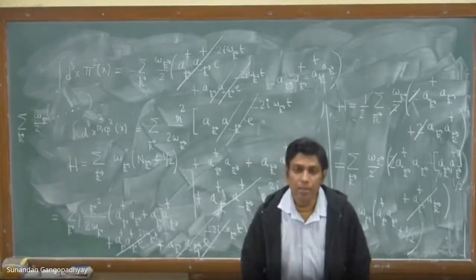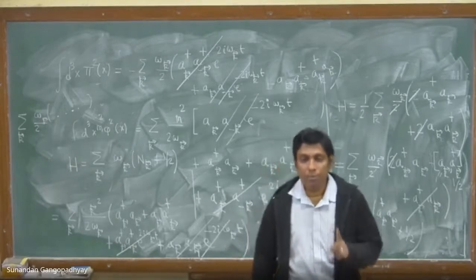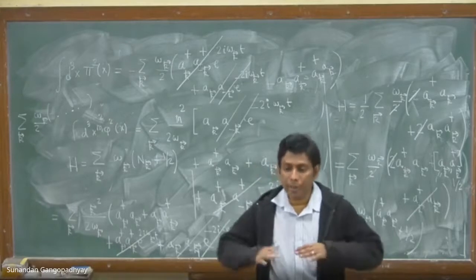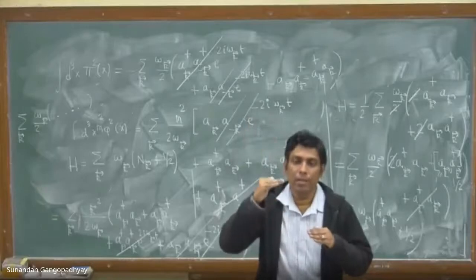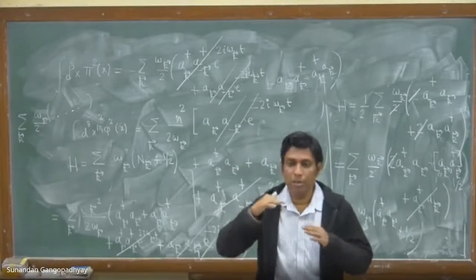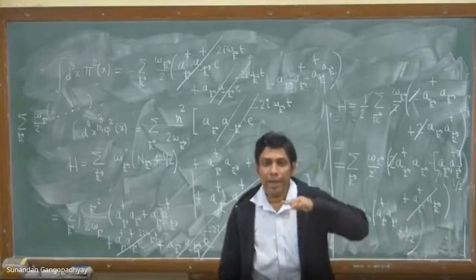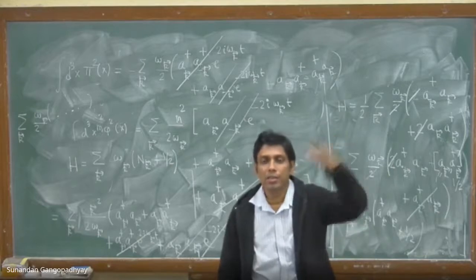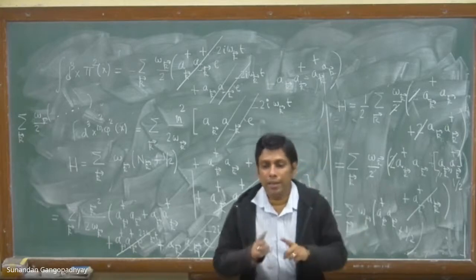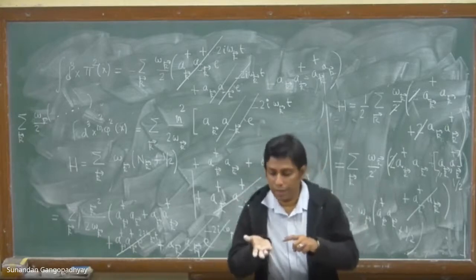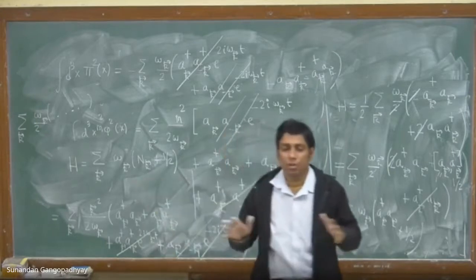And that is the difference between ordinary single particle quantum mechanics and quantum field theory. In single particle quantum mechanics, we only talk about energies. Remember the harmonic oscillator. We talk about energy states of a single harmonic oscillator, excited energy states, right? So there, n basically tells you in what energy state you are. n equal to 0 is the ground state, n equal to 1 is the first excited state, and the creation operator takes you from one energy state to another energy state. But here the interpretation has completely changed.